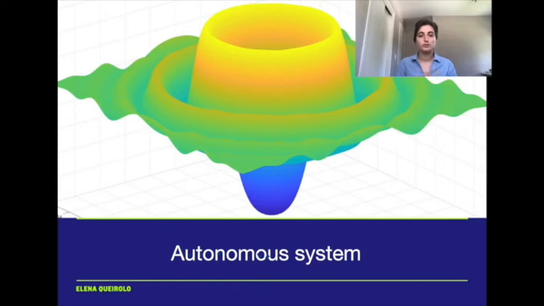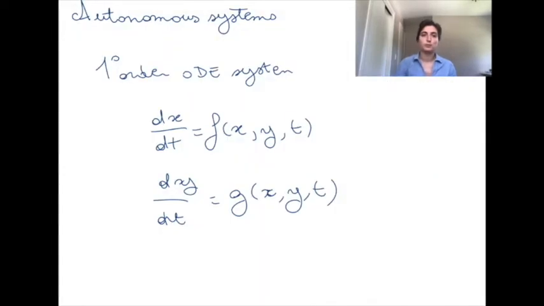Let's look at a new category of ODEs. We have already looked at systems before. They were usually linear systems. Now we're going to look at autonomous systems. So we dropped the requirement that the system must be linear, but we are again looking at a system of